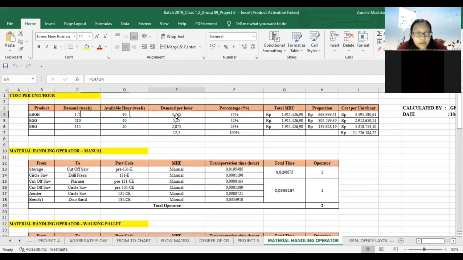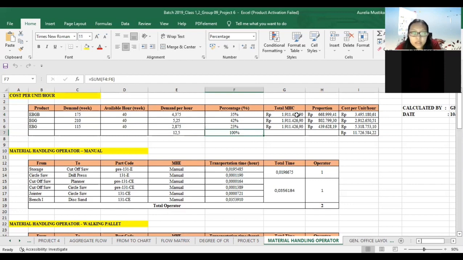The demand per hour for ABGB is 4.375. This is the formula in here. And then the total demand per hour is 12.5. For the percentage, ABGB is 35%, AGG 42%, ABG 23%, and the total is 100%.